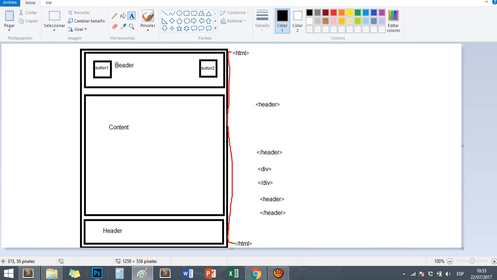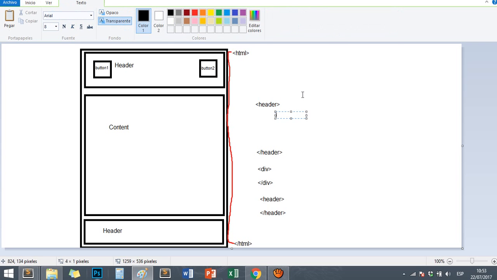How am I going to do this? Well, very easy. Inside the label here, we need to add one label for a button. Then we need to close it,